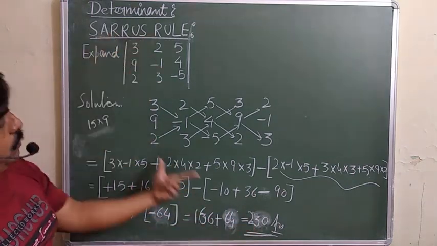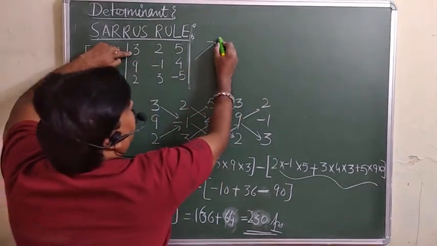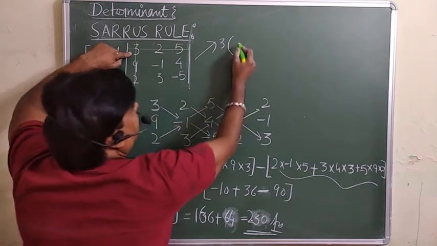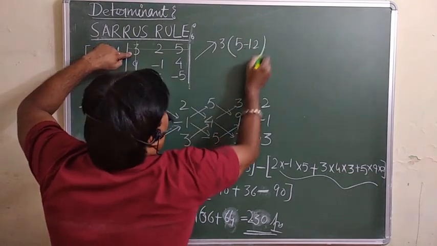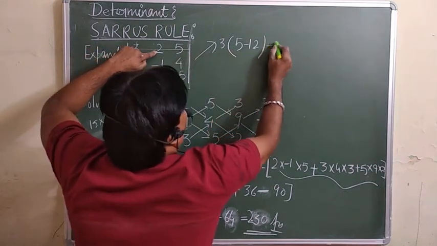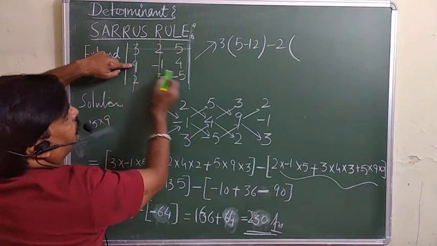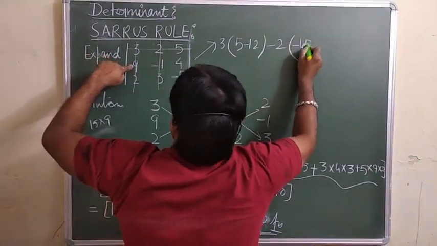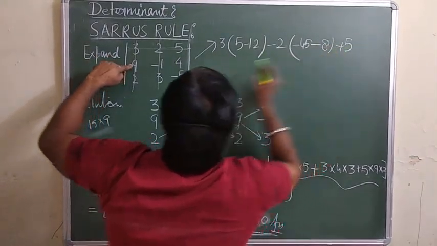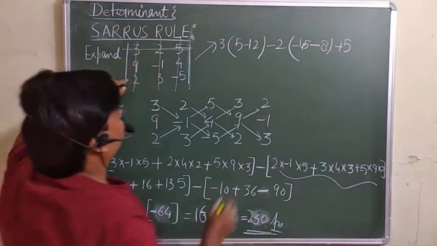By the Sarrus rule you can find out, and without the Sarrus rule you can find out, then directly you can do this 3. This row and column will be deleted. You will multiply, directly I am doing 5 minus 12, 1 into minus 1 into minus 5, 5 minus 12, then minus 2 for this one. This row, column and row will be 9, 5 0, 45 minus 8 plus 5 for this one. This column and row we will delete. Here is 27 plus 2.